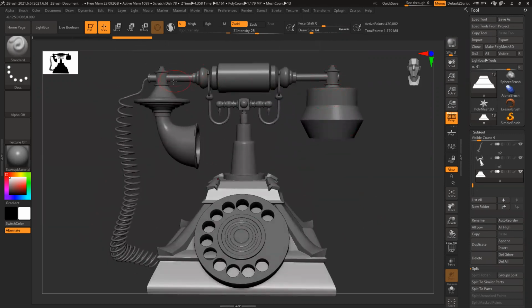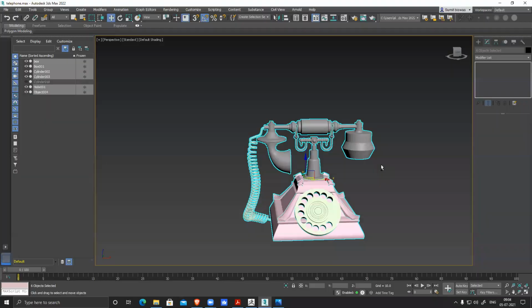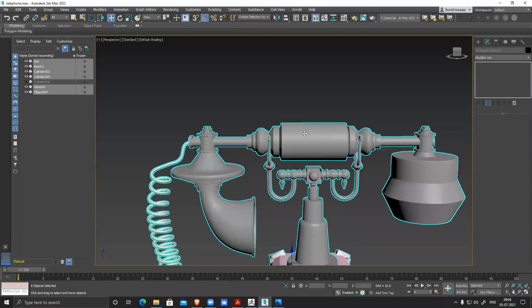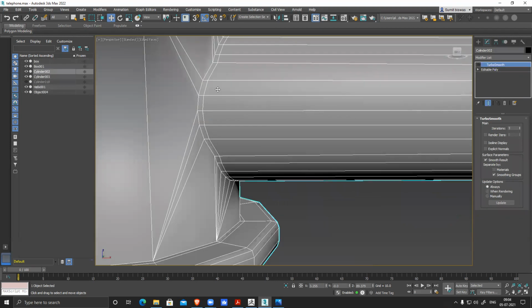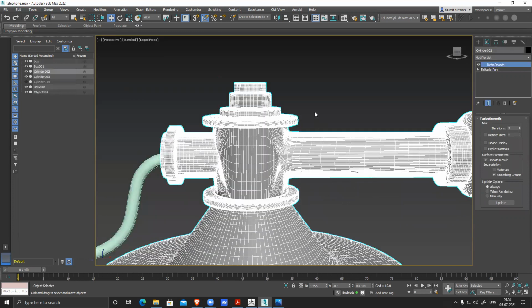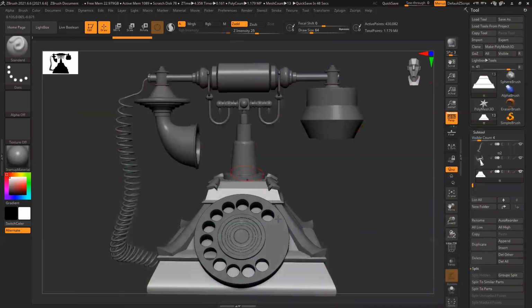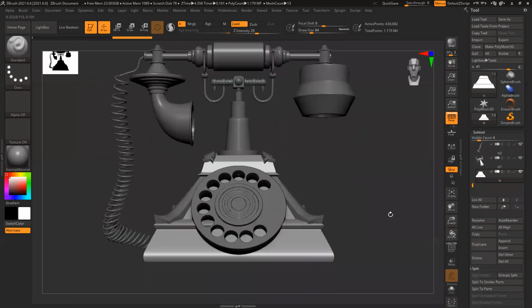So, like the other day, we had some issues. You can see I cleaned it. I just added a loop here in Max itself and applied Turbo Smooth. So it gives me a much cleaner shape. I imported that back into ZBrush. Now it's much cleaner. That stretch is gone. Now our base is ready to work on.